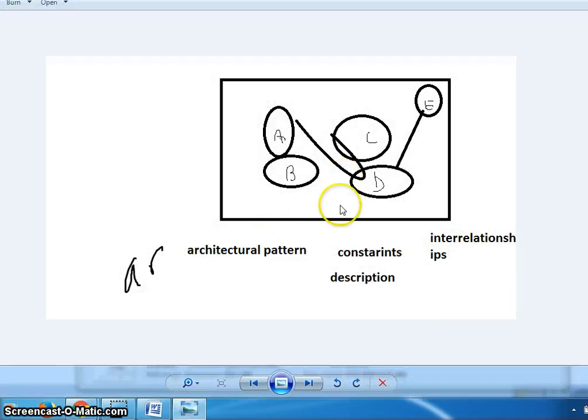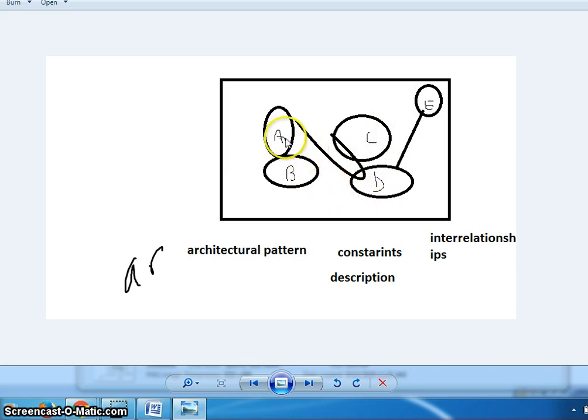In this picture, imagine this is a software architecture pattern, and it contains different elements. Consider A, B, C, D and E. A has its own functionality, B has its own functionality, and C, like this, different elements have their different functionalities.